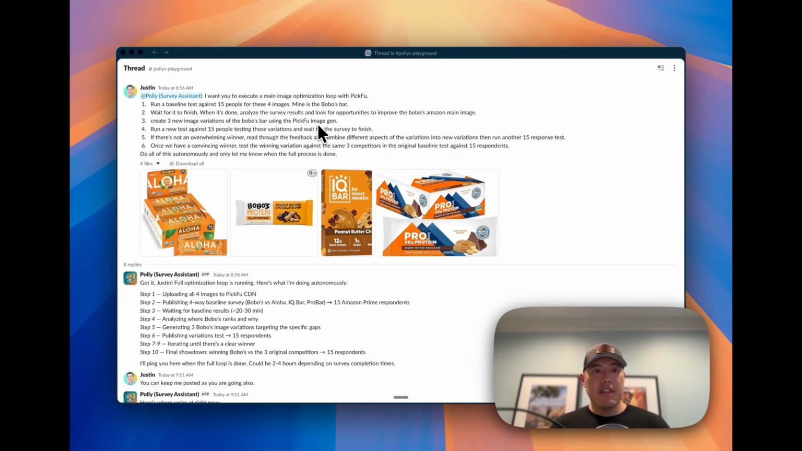What I have here is an OpenClaw bot named Polly that's in our Slack organization. And Polly can basically just use the PickFu MCP or the PickFu command line interface, the CLI. And so what I wanted to demonstrate was the full main image optimization process that we like to talk about,